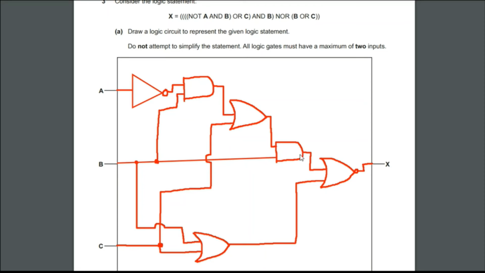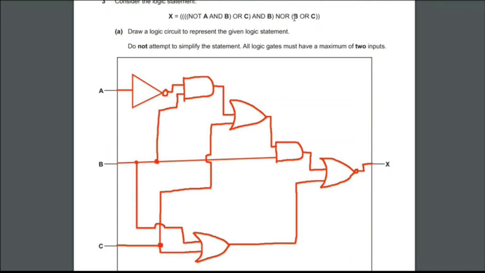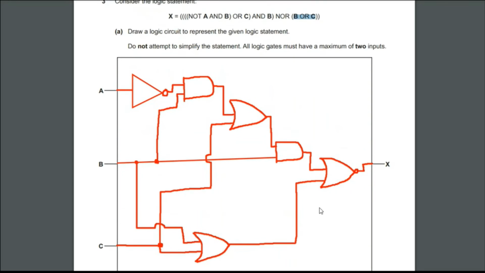And then the output of this AND gate should be connected to a NOR gate, where the second input is B OR C. So we'll just draw the circuit for B OR C, where an OR gate is connected to two inputs, which are B and C, and this output should be connected to a NOR gate with this AND gate's output. As we all know, a NOR gate is just an OR gate with a circle in the front. So that's what we are doing, and that's it.